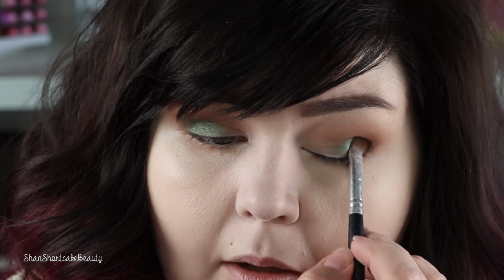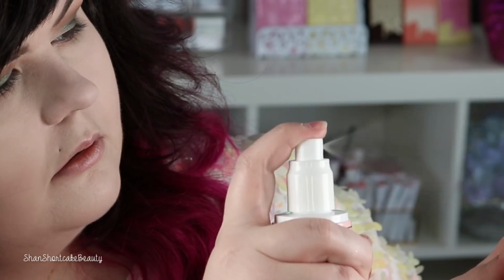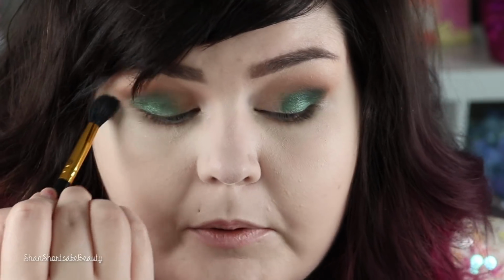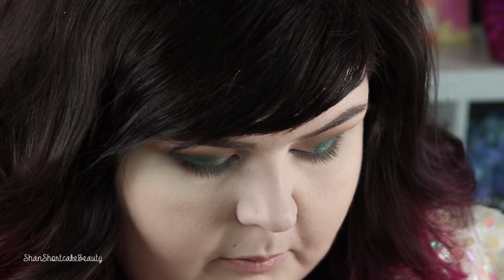I like the way it applied more with the fluffy brush, but I don't want it all over my face. So let's see. I think I'm going to use a little bit of the Hangover RX spray. I'm just using a little bit of So Bougie, which might be a little dark for a transition shade for me because I am so fair. But I'm just going to use that to buff out those edges a little bit. And I am going to create an edge with Moneybags by taking an angled brush and just kind of...